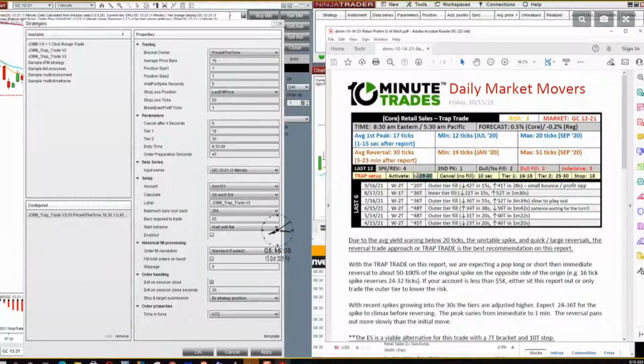So if it says 8:29:40, that's 20 seconds before 8:30. It's not 40, it's 20 seconds. That's why it's 20. So 20 seconds before 8:30, orders 18 ticks away from the current price and 30 ticks away from the current price are going to appear on the chart. That's how it works. The stop is 18.